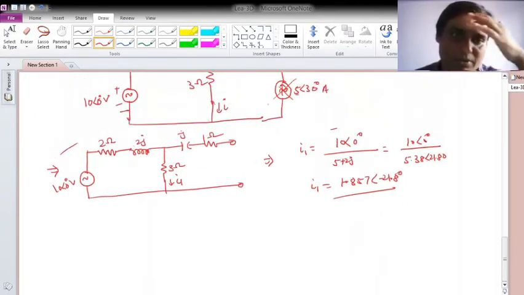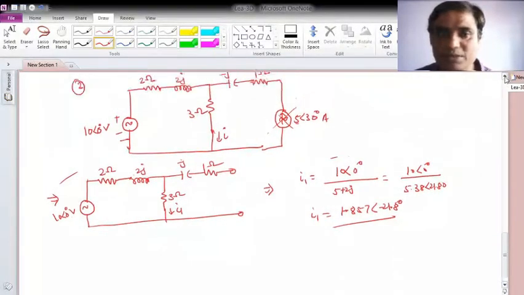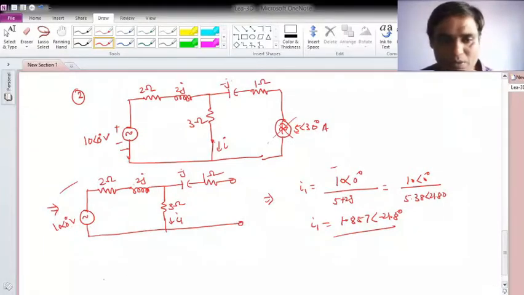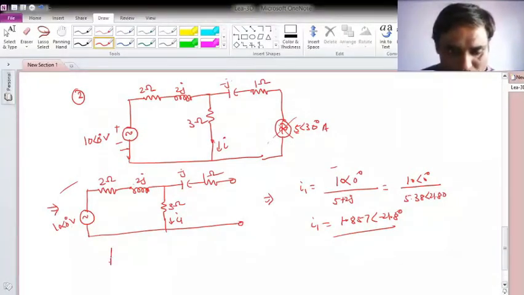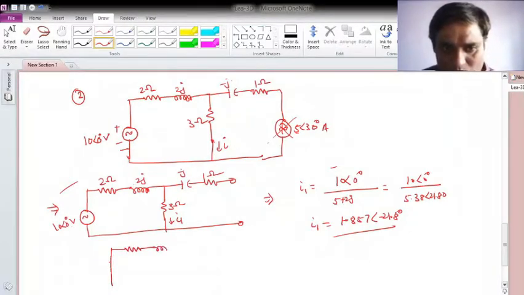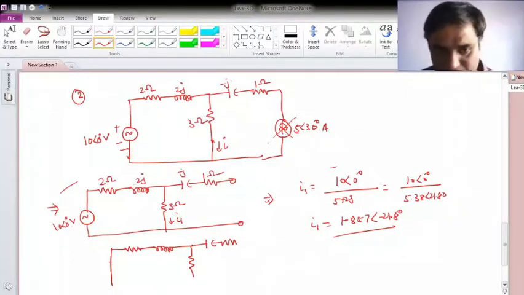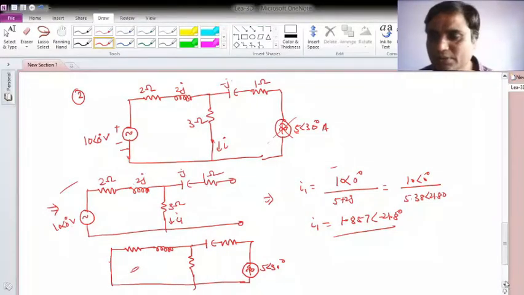So just see, this will be short circuit, so this is 2 plus 2J, 3 ohm and minus J 1 ohm. Okay, so this will be short circuit, then this will be 2J, then 3 ohm, then capacitor, and then resistor here, and I am applying a sinusoidal current source with value 5 angle 30 degree, and all the others will be nullified here, not giving to common.